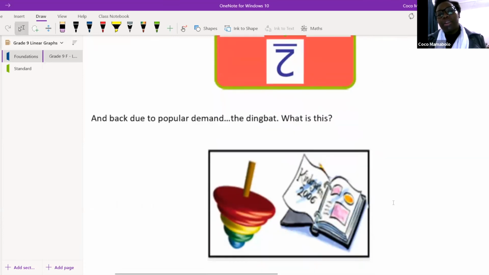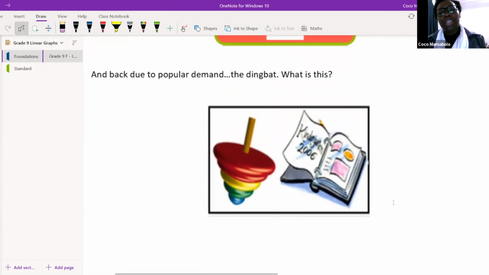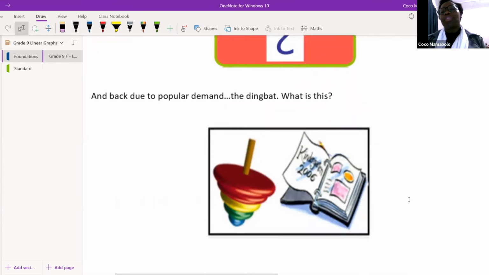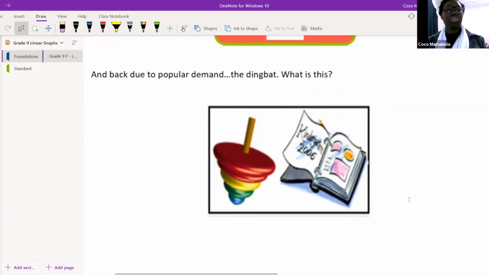But back due to popular demand, the dingbat. Okay. For those of you who are new and don't know what a dingbat is, like me, because I had to go and figure it out, we are going to take these two objects and put them together, and they need to give us a phrase, or they kind of mean something. Like, let's say, for instance,